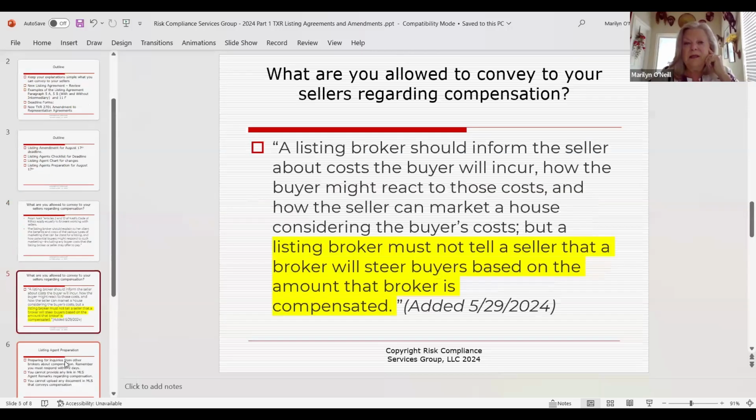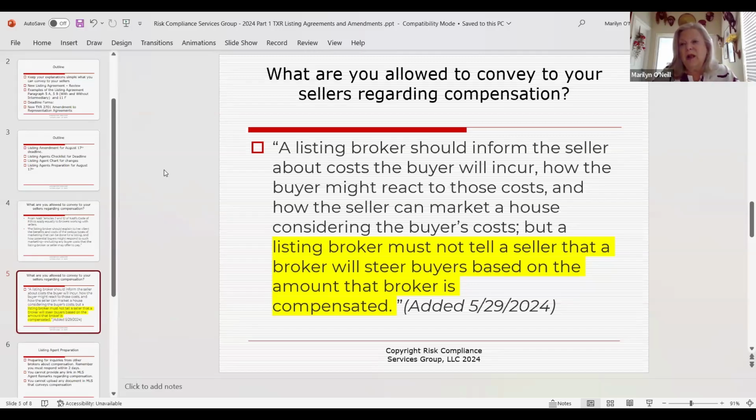The next thing it says is a listing broker should inform the seller about costs the buyer will incur, how the buyer might react to those costs, and how the seller can market a house considering the buyer's cost. But a listing broker must not tell a seller that a broker will steer buyers based on the amount that broker is compensated. Okay, so that's just a little bit from NAR's perspective about what you can discuss with